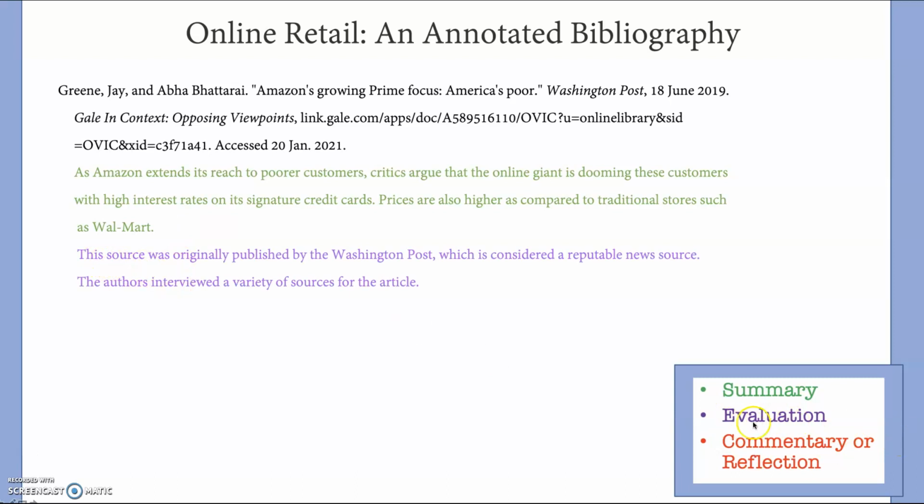Here's my thoughts about the evaluation of the article. I noticed that it was published by the Washington Post, which is considered a very reputable news source. And I noticed that they interviewed a variety of sources. So they interviewed a lot of people. So that adds to the